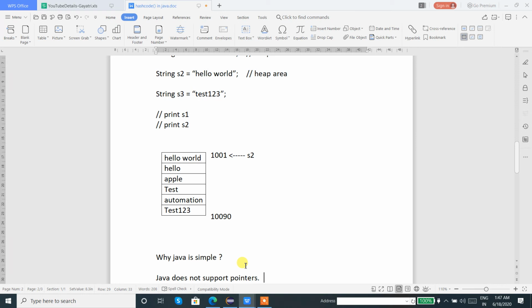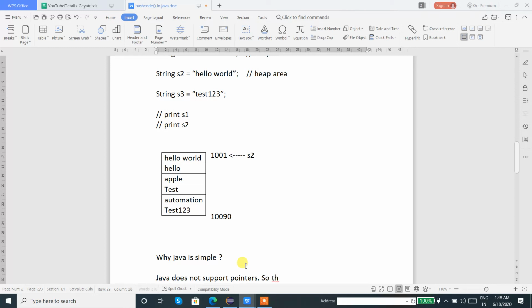Pointers are a complex concept which we have already seen in C and C++ programming, and which really makes the program architecture complex. It increases the program complexity, but Java doesn't support pointers directly. That is the reason it decreases the complexity of the program, and Java is simple.